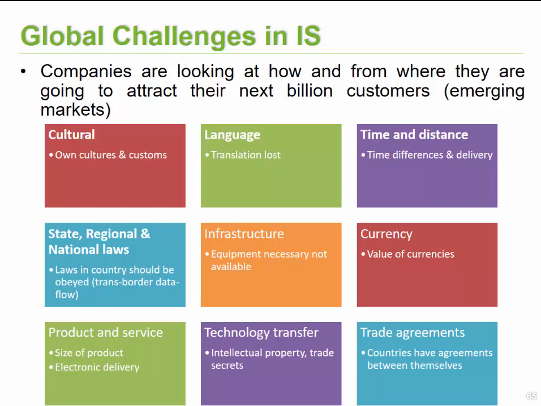The third one, time and distance. It's important that companies take account of how long it will take them to deliver a product from, let's say, South Africa to Russia. If you go on a website and you promise that you're going to deliver a product within 24 hours, you're creating an expectation from those customers or clients. So can you really deliver on that particular promise?